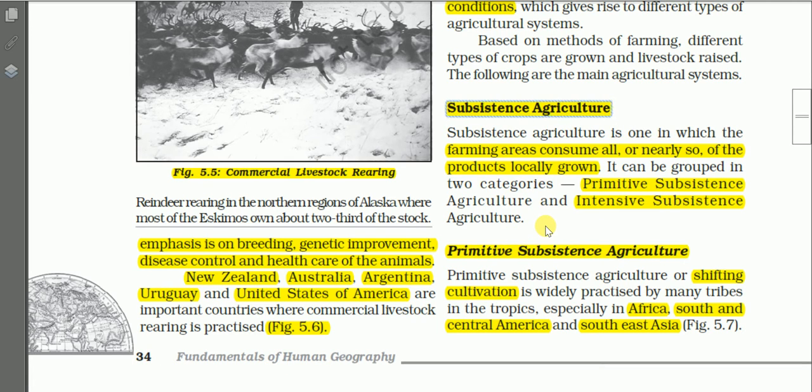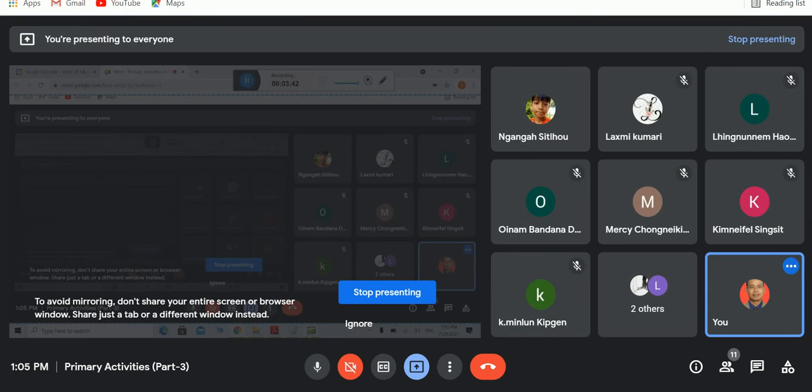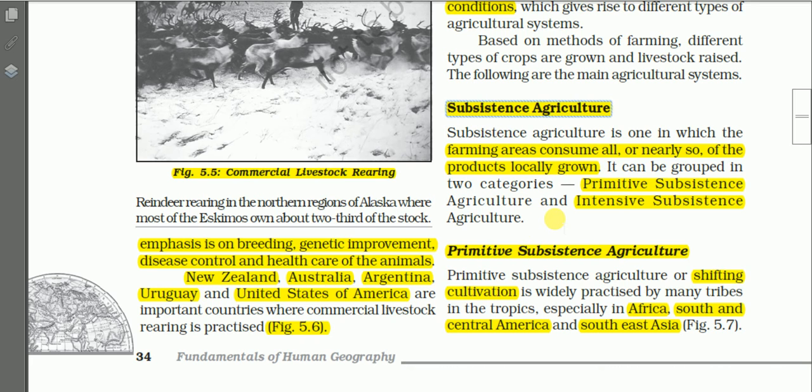Can you tell me, what is the meaning of subsistence? It is also given here. Let us read. Subsistence agriculture is one in which the farming areas consume all or nearly so of the products locally grown. Subsistence, for sustenance, that is for livelihood, for eating. So subsistence agriculture means